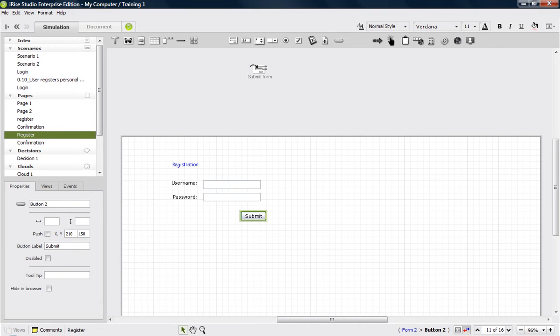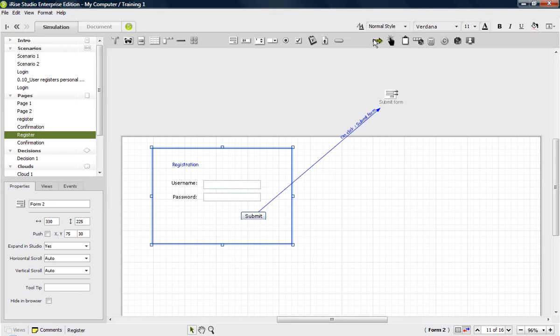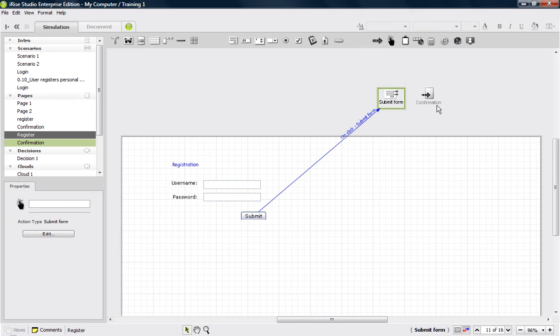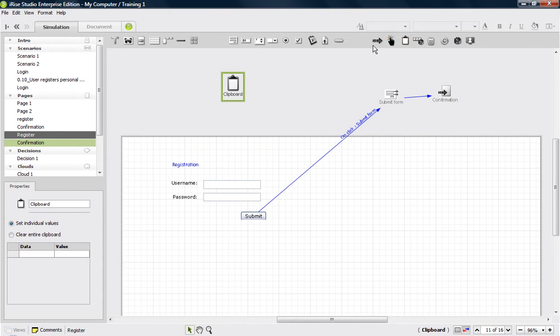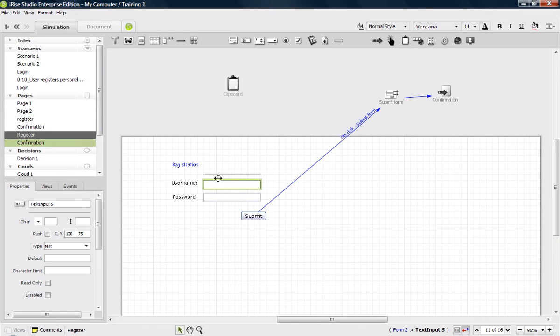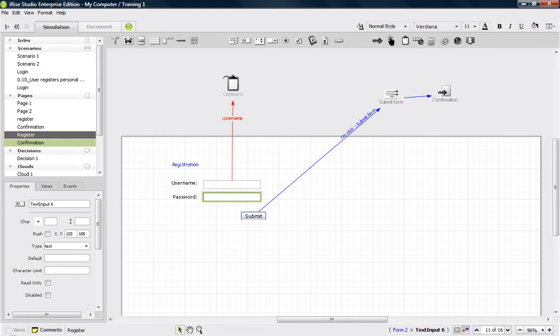done. And from here you link your submit button onto submit form, and then you choose to go to the next page, which is confirmation, right? So on the confirmation page, go to the confirmation page, and the data that you need to pass to the confirmation page can be stored using a construct called the clipboard, which is a temporary working storage variable in which you can store data. So I'm storing my username, okay, and I'm storing my password,